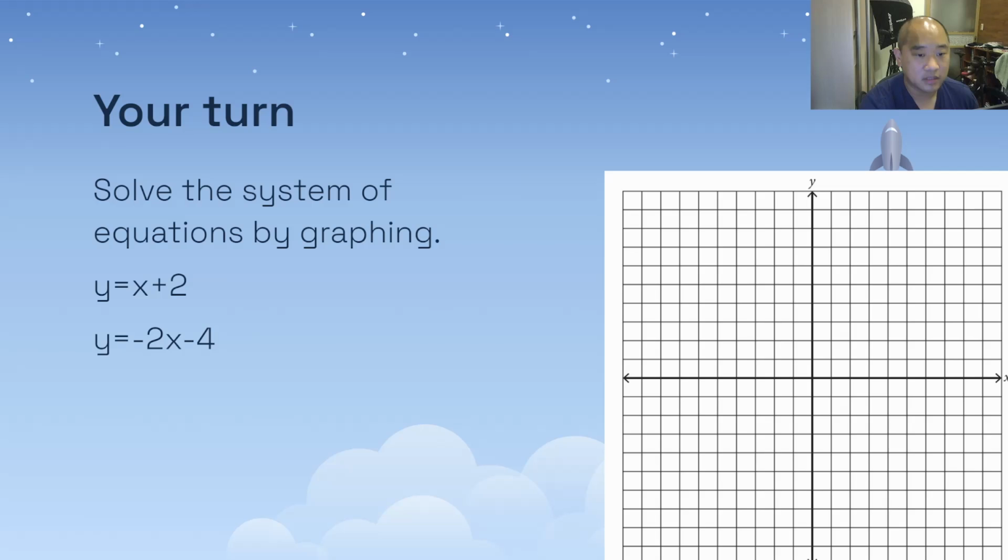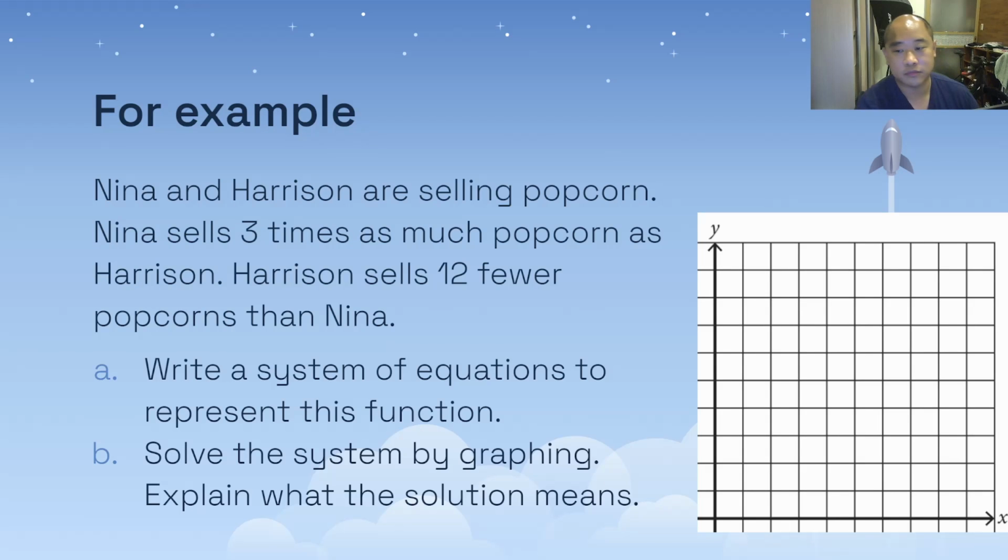Okay, so let's see this in some sort of action in perhaps real life. Nina and Harrison, let's say they're both selling popcorn because they want to raise money for some reason. And Nina sells 3 times as much popcorn as Harrison. So Harrison also sells 12 fewer popcorns than Nina. Well, in order to solve the system of equations, we have to first write the equations, right? So we'll use, let's say, X is Harrison and Y is Nina,